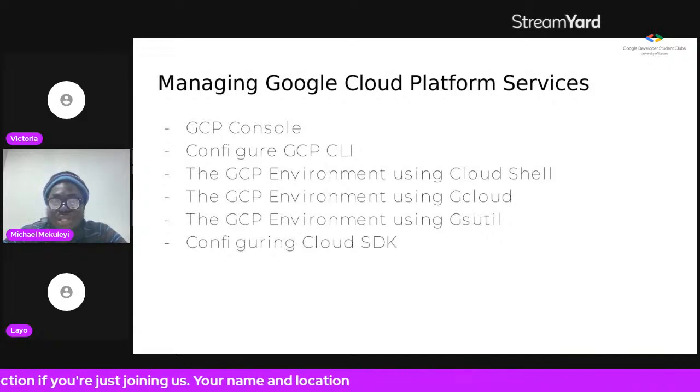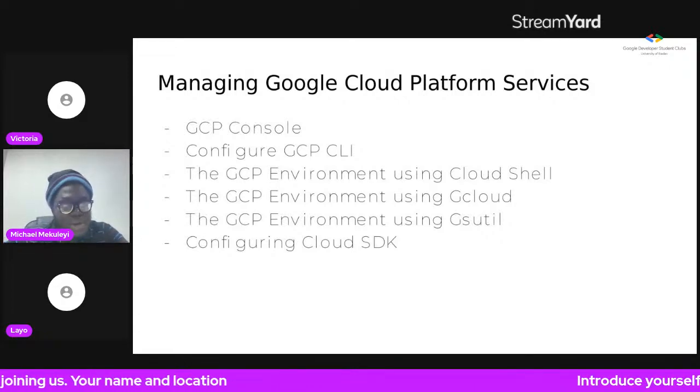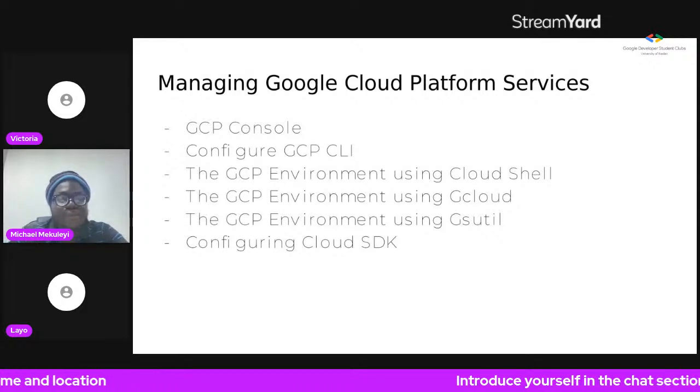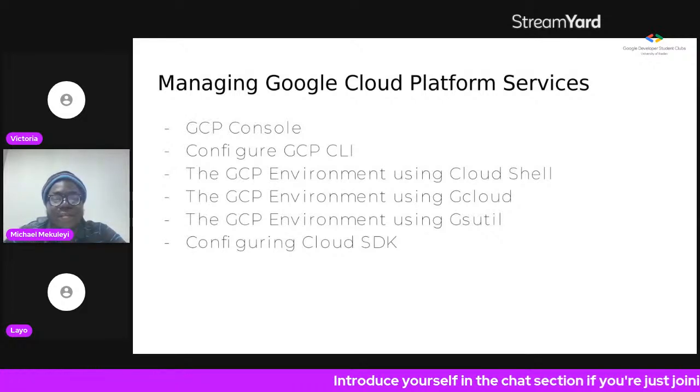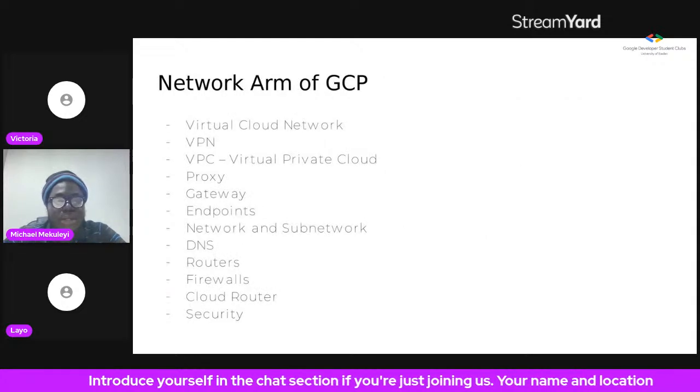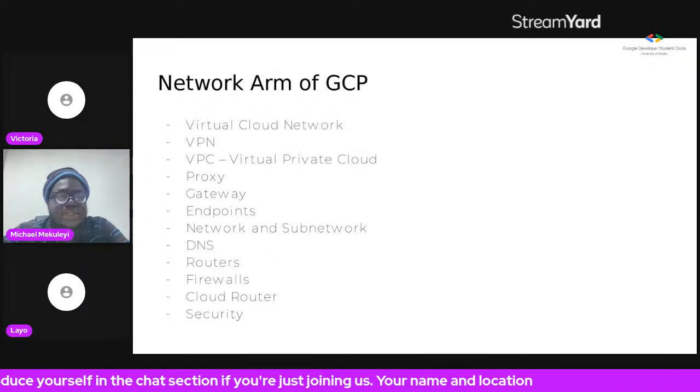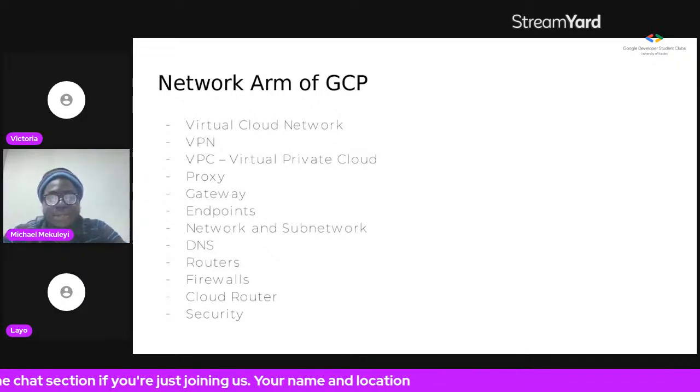You can also use gcloud. You can use gsutil on your local computer. You can also configure your Cloud SDK. Yeah, that's basically it. And so we'll quickly discuss the networking arm of GCP, because you need the